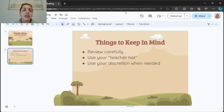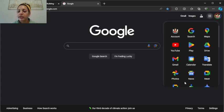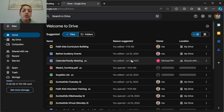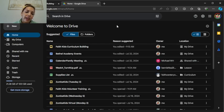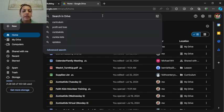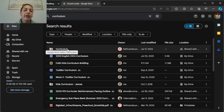So, first thing you need to do is take out the lesson curriculum and locate it. So, our lessons are located in Google Drive. Every curriculum builder should be accessing it there. So, we're going to go to Google Drive and it's going to be the shared folder that says curriculum. Okay. So click on curriculum